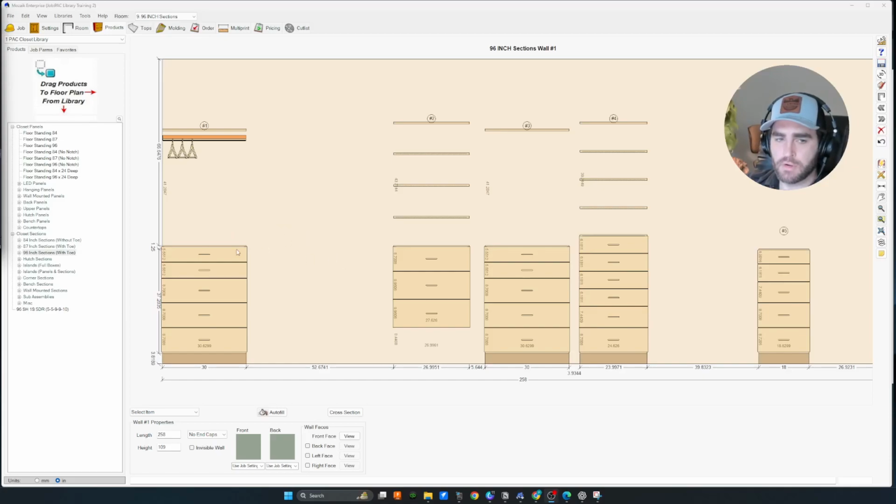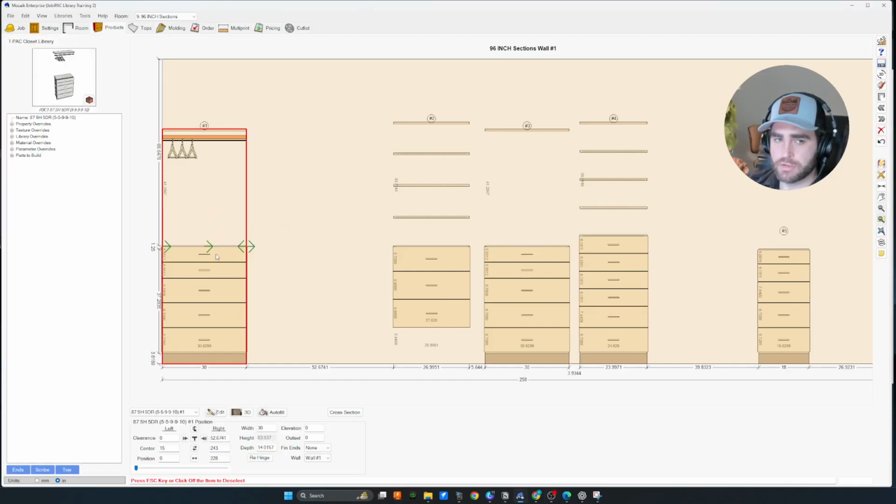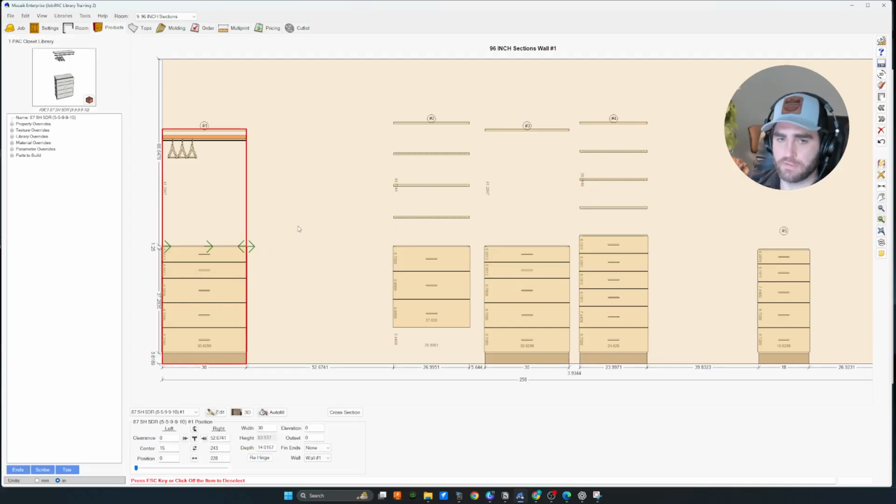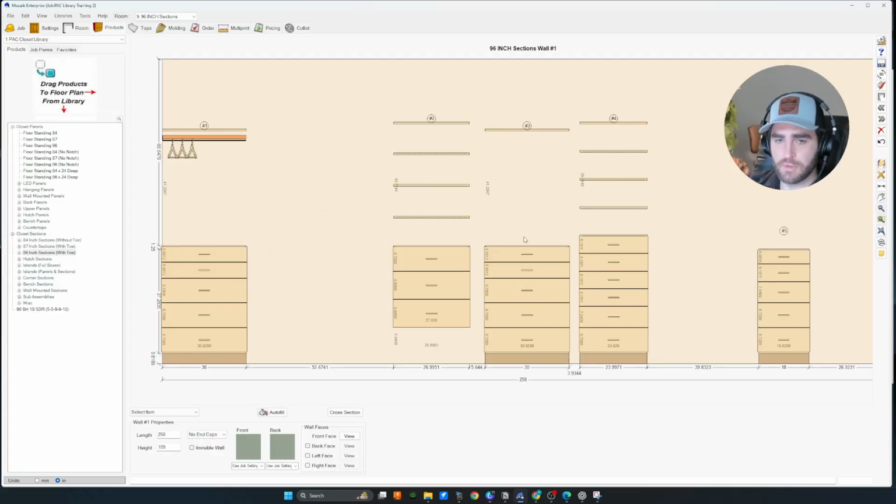All right, so I want to go over making a section taller, shorter, changing the heights of the drawers, adding in closet rods, basically all little modifications that you might do to the section. Luckily, we can actually change everything on the fly, so you could do this in front of a customer once you get comfortable. But let's take a